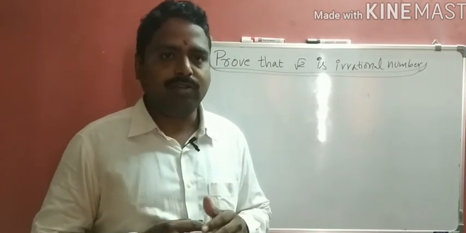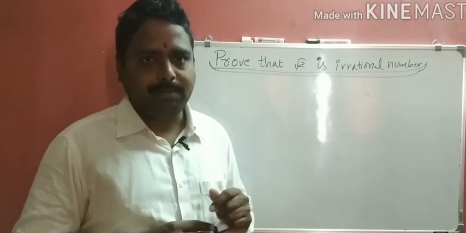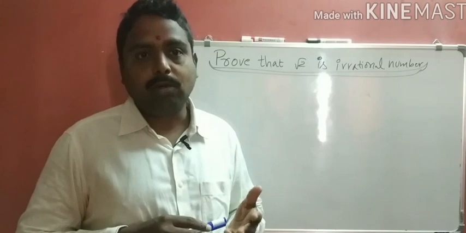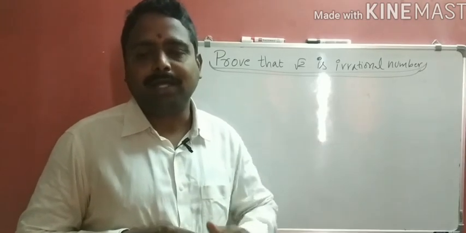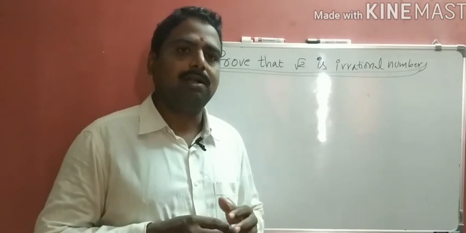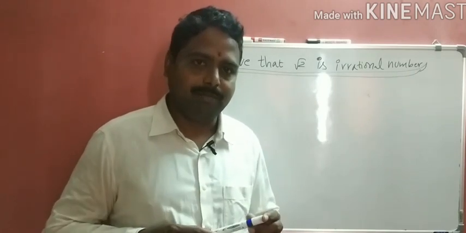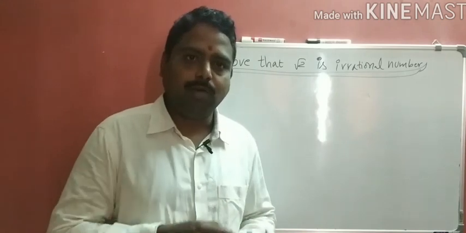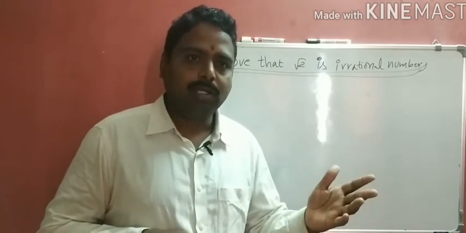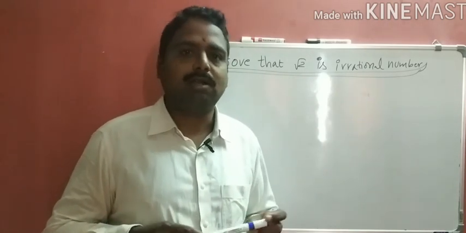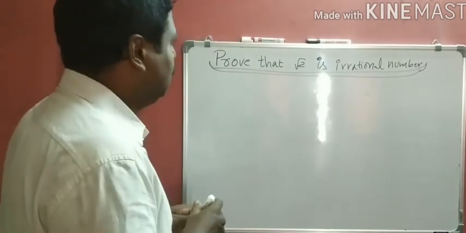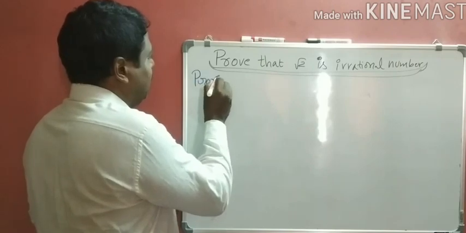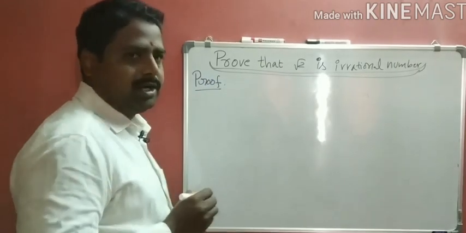What do we have to prove actually? Root 2 is an irrational number. We can contradict, that is, let us assume that root 2 is not an irrational number. Like that we have to go. That method is called the opposite way method, the contradiction method. For example, if anybody says yes, we start with no. If anybody says go, we start with don't go. That is called the contradiction method. So now, to prove that root 2 is an irrational number, we can use the contradiction method.